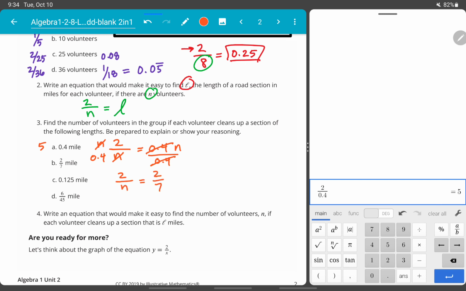Okay, so the next one, we're going to do 2 divided by some number is equal to 2 over 7. Oh, well that doesn't require much thinking. Our volunteers is going to be 7 there. It was kind of already solved for us. The next one,